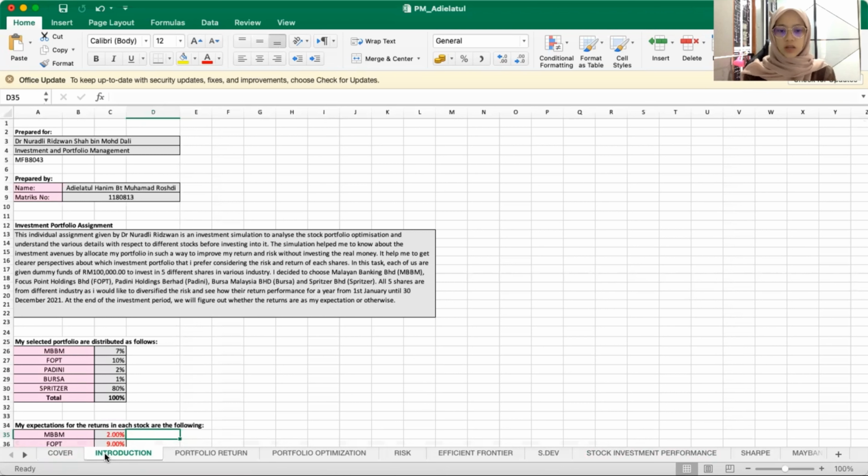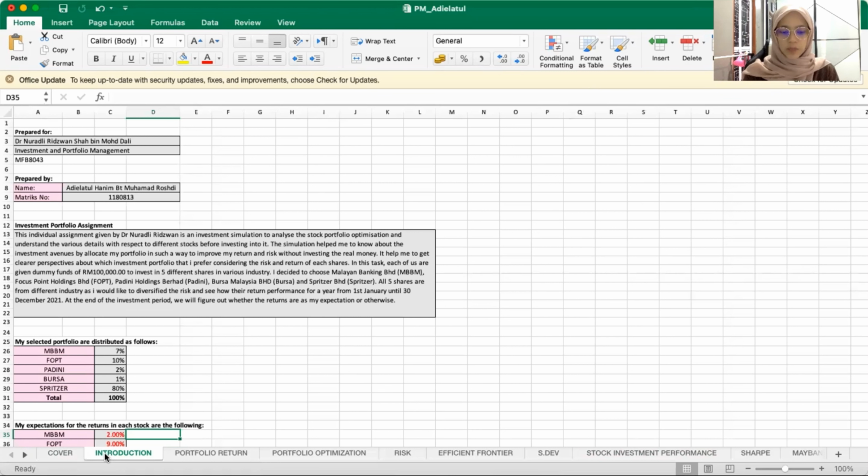The simulation helped me to know about the investment revenues by allocating my portfolio in such a way to improve my return and risk without investing real money. It helps me to get a clearer perspective about which investment portfolio I prefer, considering the risk and return for each share. In this task, each of us is given dummy funds of 100,000 to invest in 5 different shares